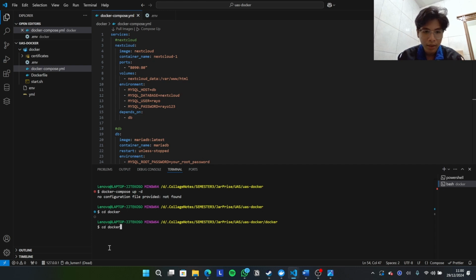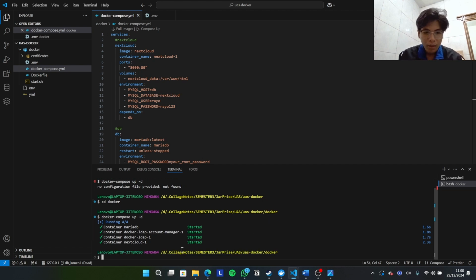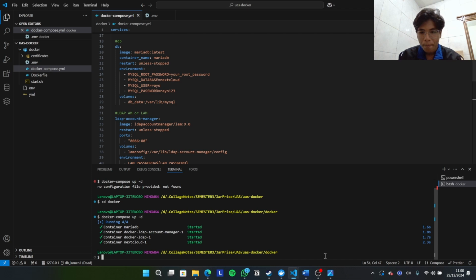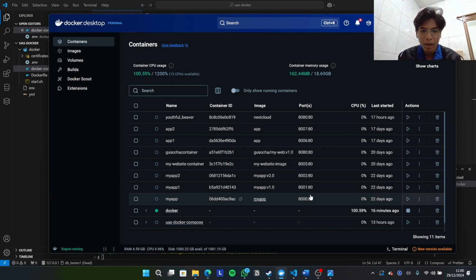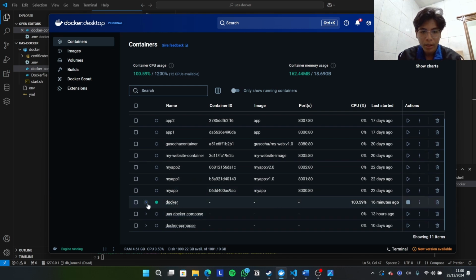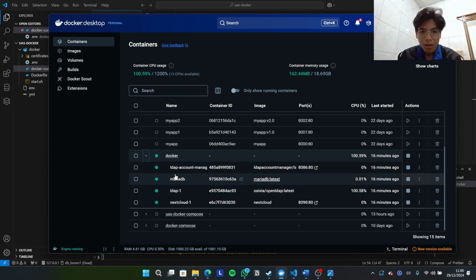Then after that, we can run docker compose. Okay, the containers are already created. We can check on Docker Desktop whether they are running. Okay, each container is already running on Docker Desktop.